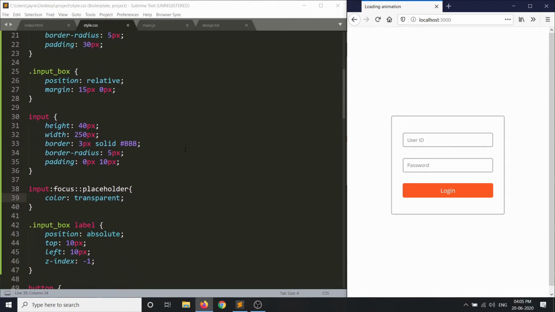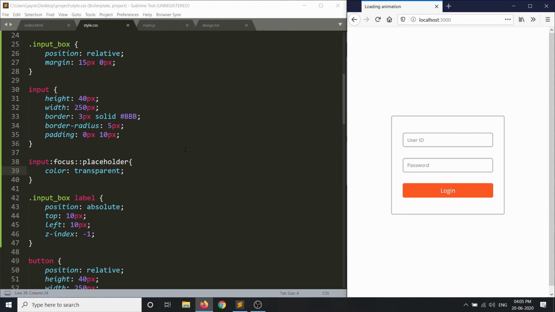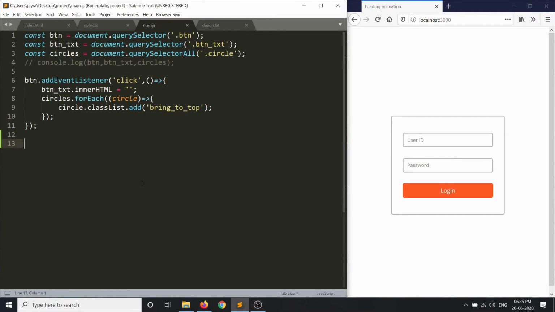We'll have to create one more class that we'll do later on once we write a little bit of JavaScript. So let's go to main.js and implement the functionality of the animation that we have for the input fields. First thing that we'll do in JavaScript is to obtain both the input elements, and the way we'll do it is using const inputElements equal to document.querySelectorAll, and then we'll use CSS selector input.